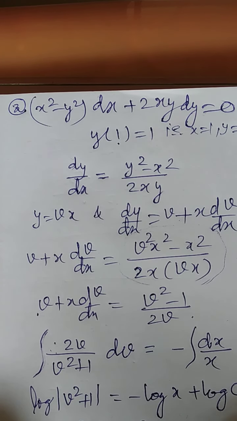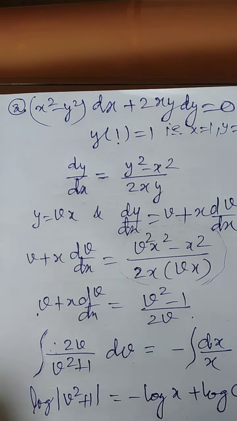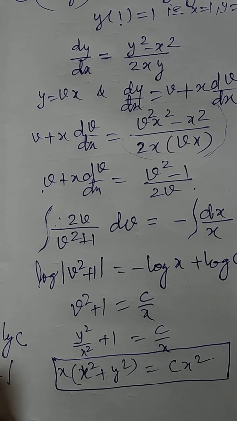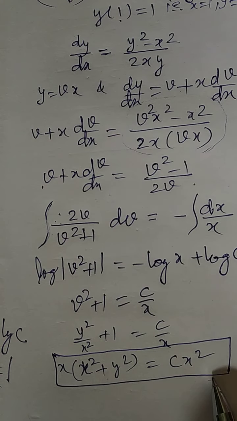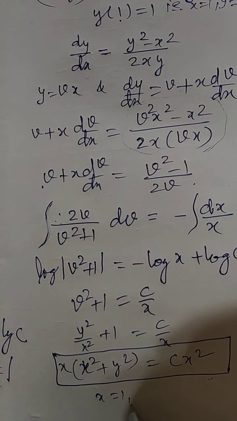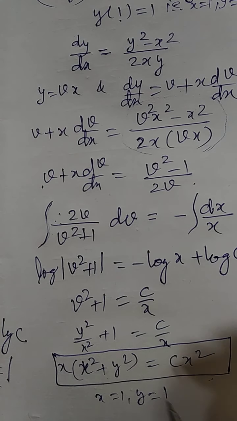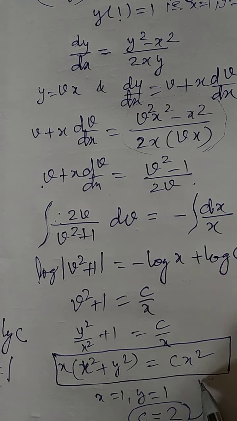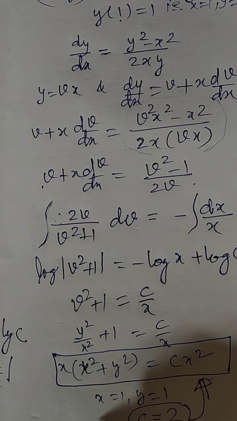This is nothing but the general solution of the differential equation. Look here, this is the general solution. Now what are the conditions given? x is 1 and y is also 1. So if you replace x and y with 1, you will get the value of c. Just try to simplify, you are getting the value. So this is to be replaced here. So the final answer will be